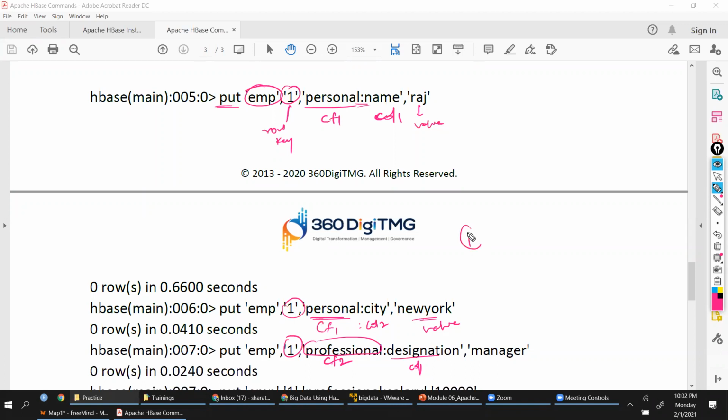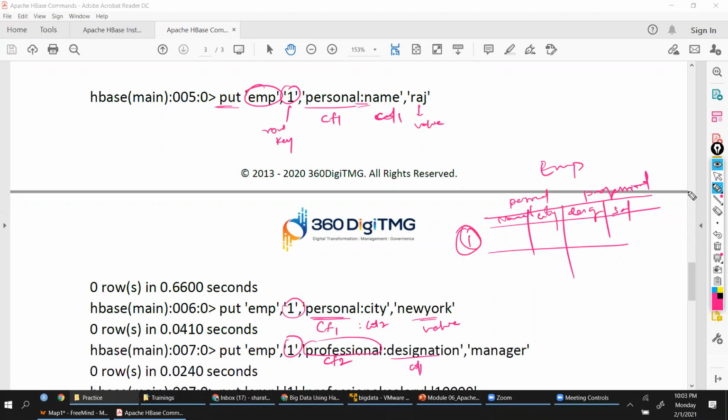That means my first row will contain personal. Here I will say name, city, then I have designation. This is another column family, I have designation, and probably I'll have salary. So my 4 columns are segregated using 2 column families for the table EMP. And this is the row key, and I have these values.